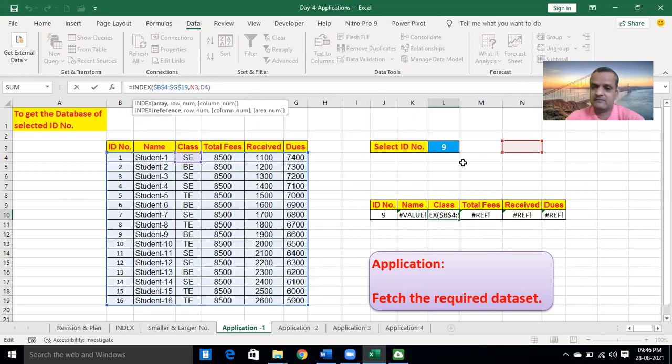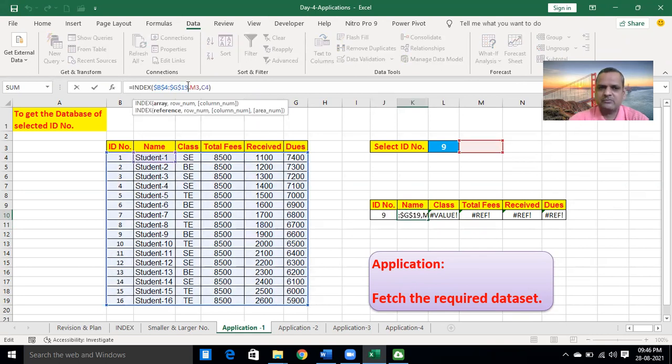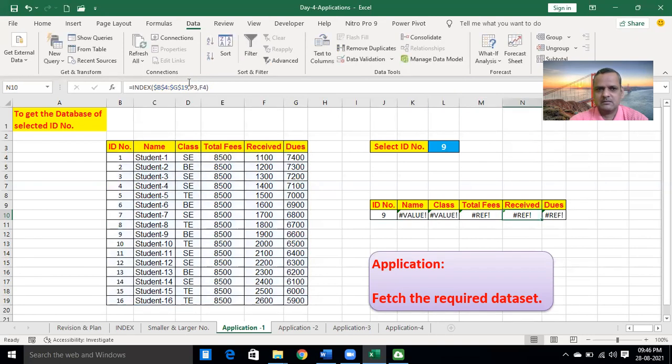But which term is now shifting continuously? If you click here and in the formula bar, tell me which term is shifting. Is the row number shifting or the column number shifting? See here. We can observe which term is shifting now. This term is shifting, which is representing the row number. But we don't require to shift the row number. Therefore, you need to lock the row number also.